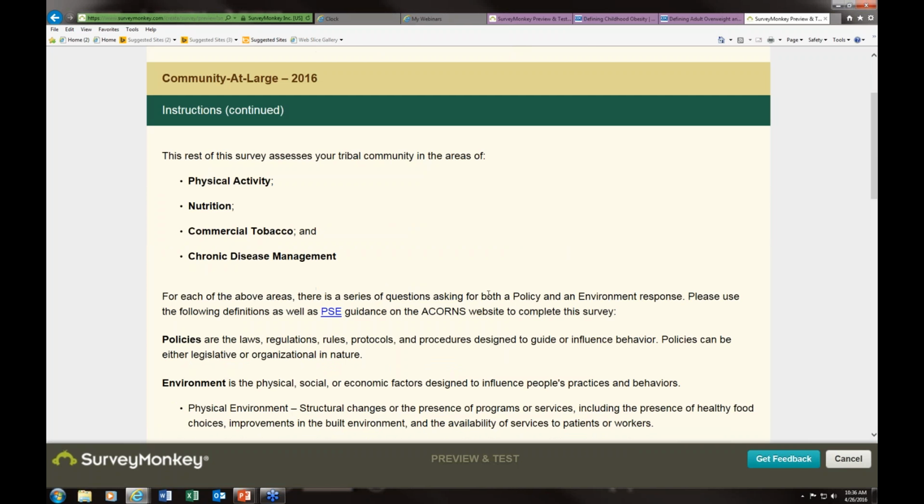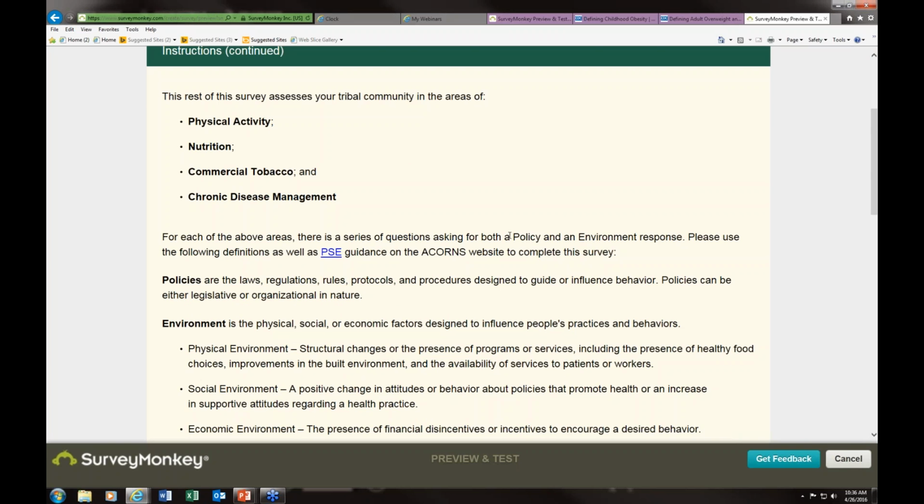Okay, so now we're proceeding into the PSE, the policy, systems, and environmental questions on the survey. So this has a bit more detailed information in the instructions. Let's read through these right now. So the rest of this survey assesses your tribal community in the areas of physical activity, nutrition, commercial tobacco, and chronic disease management. For each of the above areas, there's a series of questions asking for both a policy and an environment response. Please use the following definitions as well as PSE guidance on the ACORNS website to complete the